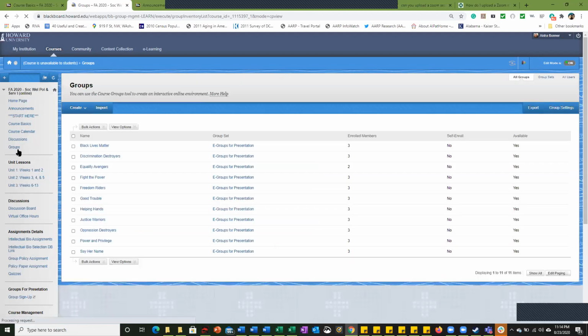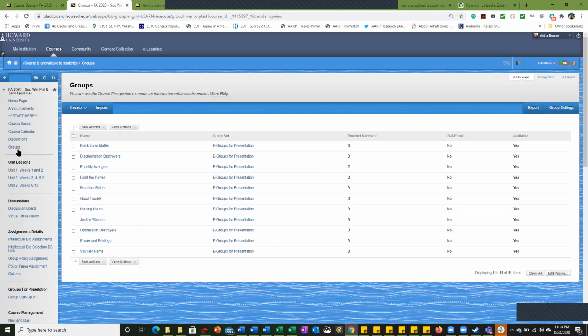Just another note on the groups. Inevitably, every semester I get very stressed out emails from students who are desperately trying to get into contact with their group mates on an assignment. Everybody has different working styles and different expectations, but I think it's important to remember that this is a professional program preparing you for a professional job. And if the team psychiatrist called you, or the person you're writing a grant for called you,